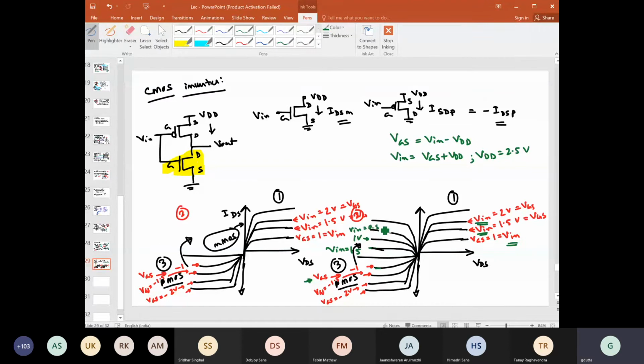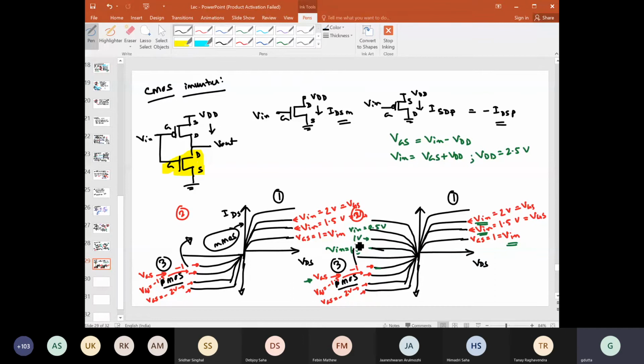What will be for this? 0.5 volt, isn't it? Okay. So one thing I think you have noticed here, that for PMOS, this V in 0.5 is this one. The current level is this. Whereas for NMOS, see V in equal to 0.5, I think that will not happen, because we should have considered V in a bit higher, because threshold voltage is 0.5, right? So if this threshold voltage is 0.5, then for 0.5 there will be no current. But I think you got the basic idea.